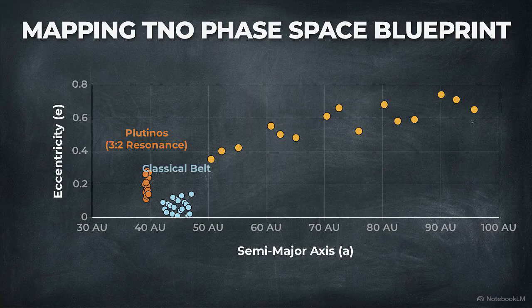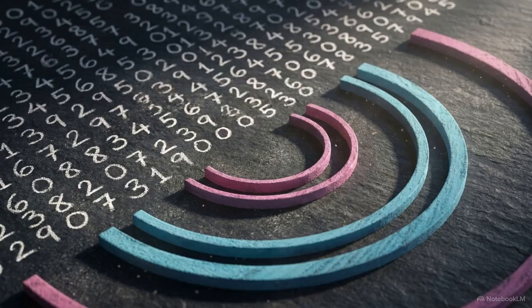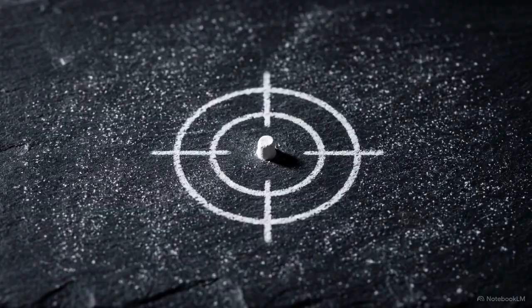We are building a phase space map to translate rows of text into a physical blueprint. This mathematical translation is the only reliable way to differentiate a resonant object from a scattered one. It turns a spreadsheet into a planetary map. We will start our map with